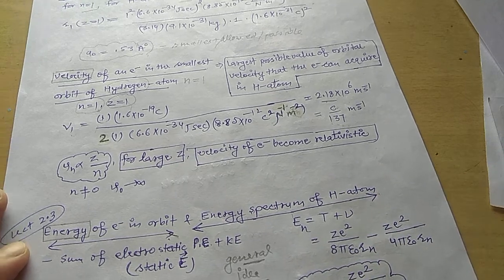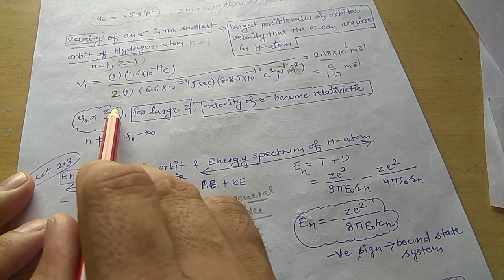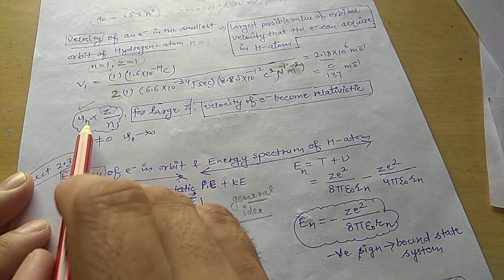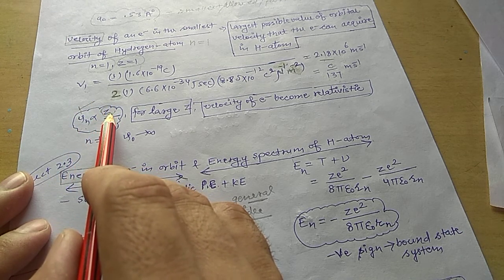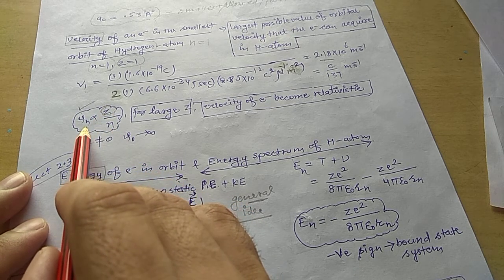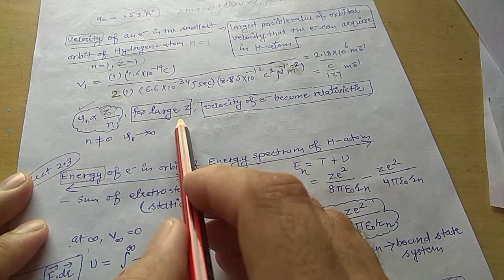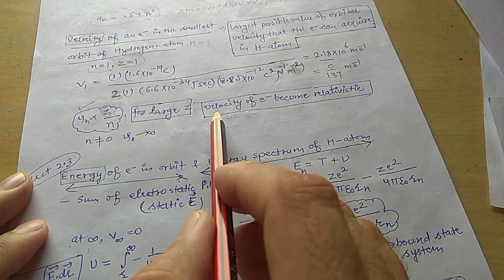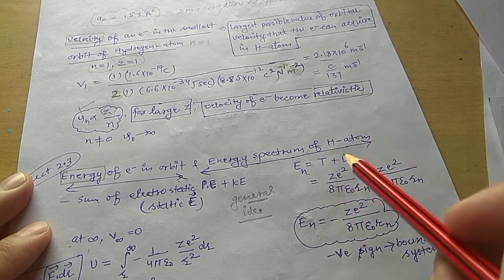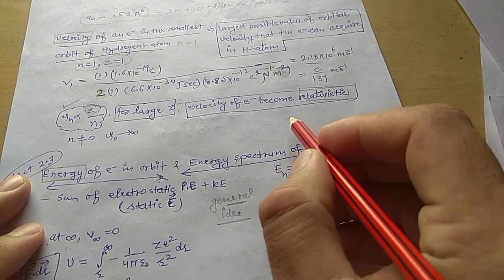One more thing we need to discuss here is that the velocity is directly proportional to z. So if the atomic number increases, the nuclear charge will increase, the Coulombic attraction will increase, and it will give rise to higher velocity in a particular orbit. Also, with increase in the atomic number, the velocity increases and the case will change from non-relativistic to relativistic.